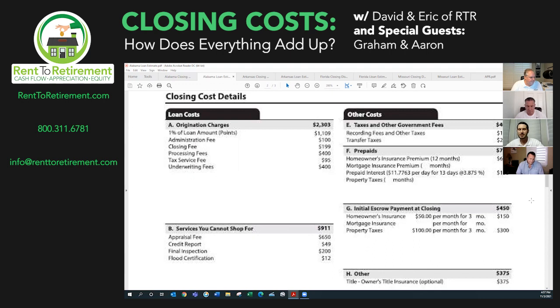Section G here, a lot of borrowers get confused by, and that is everything to do with the escrow account. The whole premise of the escrow account is, of course, we collect the homeowner's insurance and the property taxes. That's part of the borrower's monthly payment, in addition to their principal and interest. They do that so that at the end of the year, or whenever their homeowner's insurance is set to be renewed, they don't have to worry about getting out their checkbook and cutting that check themselves. The loan servicer will do that on their behalf by way of the escrow account.